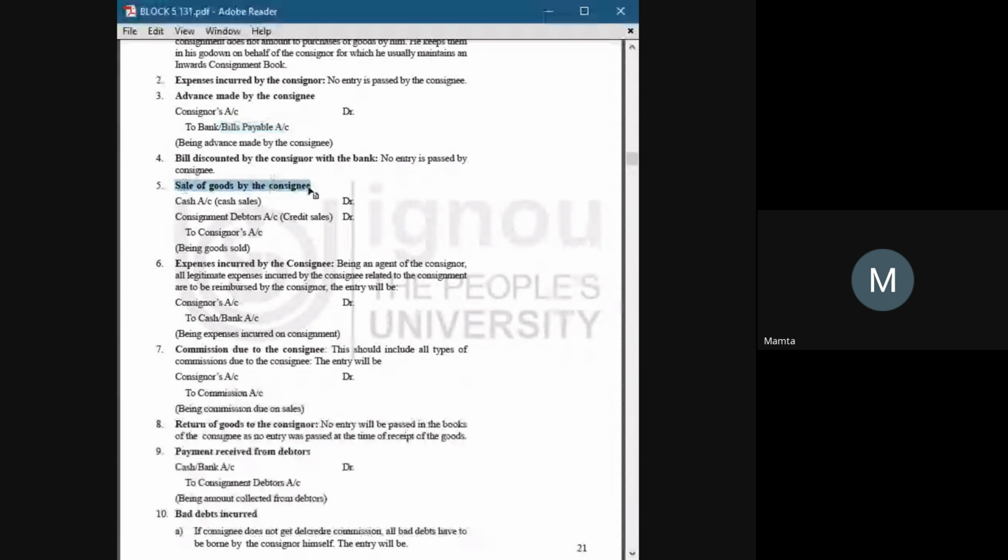And for the fifth, sales of goods by the consignee. Cash account debit, consignment debtors account debit, to consignor account. Sixth, expenses incurred by consignee. Consignor account debit to cash or bank, because ultimately all the expenses